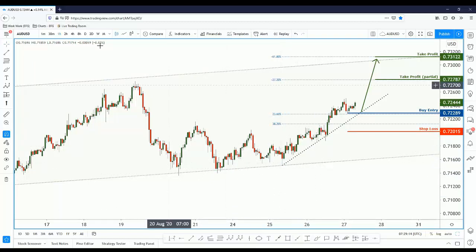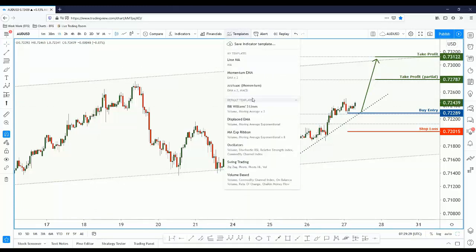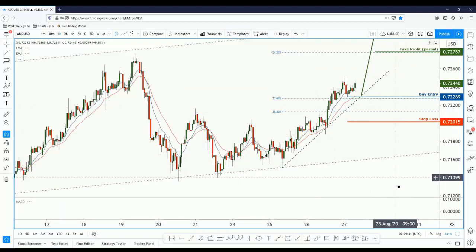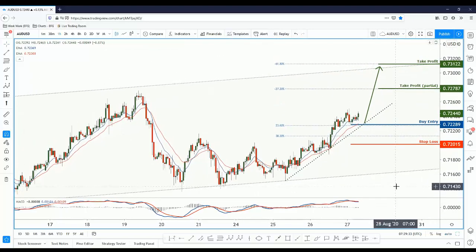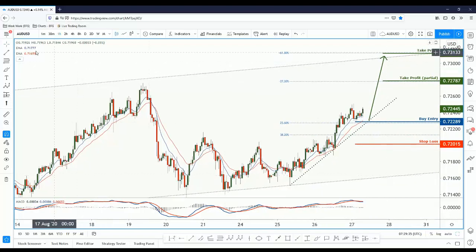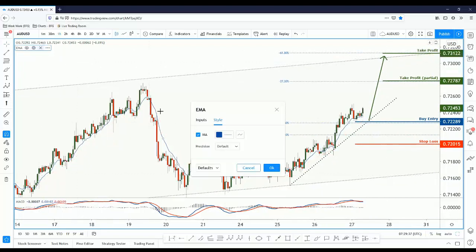On the intraday 1 hour, we are holding above ascending trendline support. On the daily, we are also within a bullish channel. So definitely the longer term picture agrees with the shorter term picture, so we're not trading against the trend. Last but not least, we can check our momentum indicators. So looking at our moving averages,